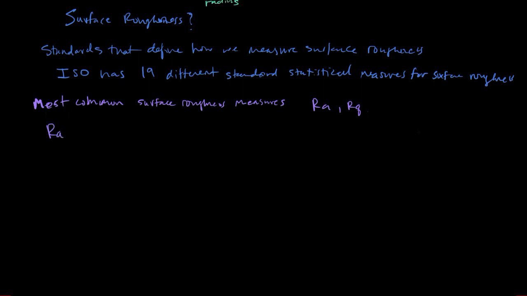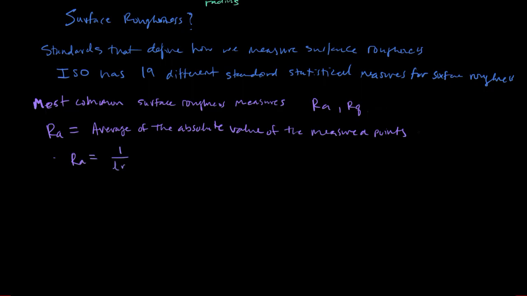So RA is the average of the absolute value of the measured points, and we can write RA. RA is equal to 1 over LM, and